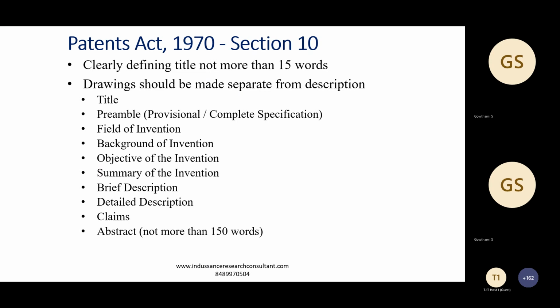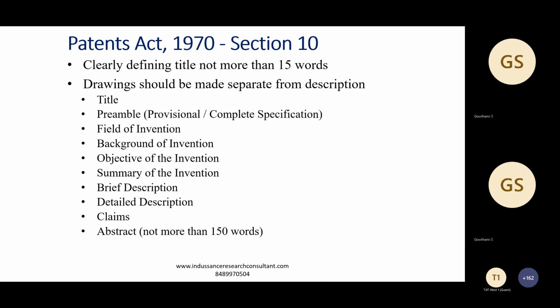So first there will be the title, then comes the preamble, then the field of invention. What will the field of invention do? The field of invention will let you know what field your invention is actually related to, so which field you are working in. That is the important thing that is asked there. Next,